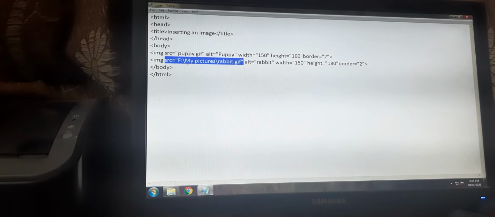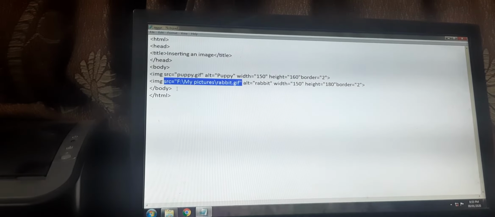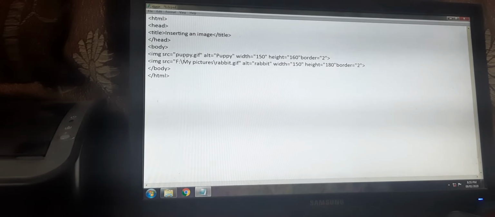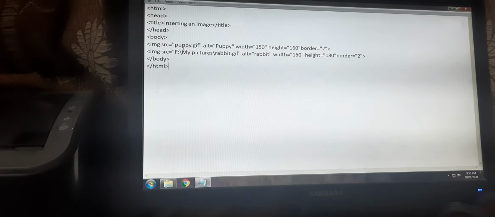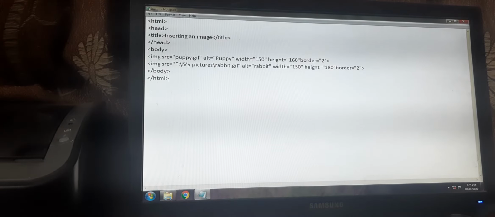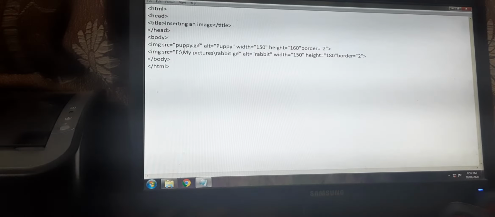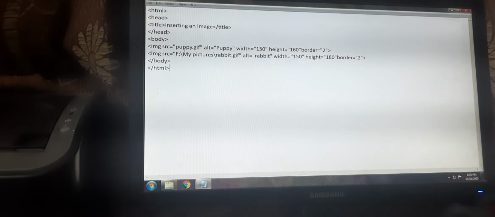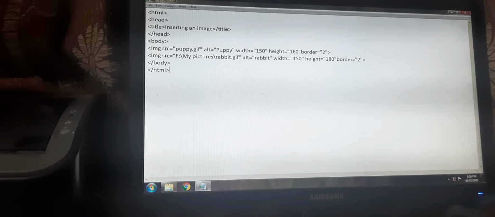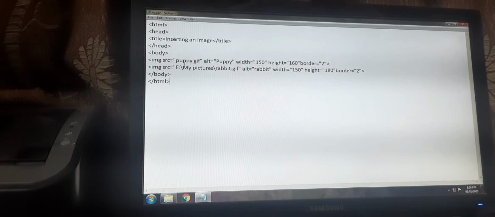Now let's see where you will be using your relative path and where you can use an absolute path. A relative path is used in such cases where you have the program as well as the picture stored in the same location. And how about our absolute path? An absolute path can be used where the program as well as the picture file are not stored in the same location. If it is stored in 2 different locations, then we'll be making use of the absolute path.